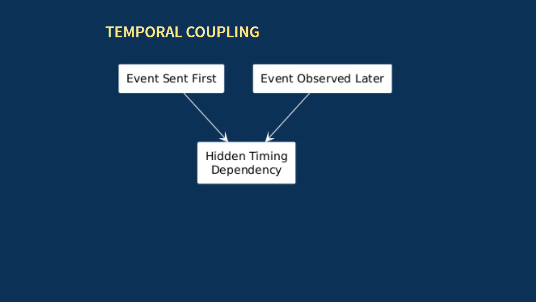That hidden dependence on timing has a name: temporal coupling. The system appears correct only if events arrive in the expected order, and it fails when they are early, late, or out of order. So the design is really assuming timing behavior that the system does not control. Exactly, and once you name that assumption, you can decide whether to eliminate it or defend it.